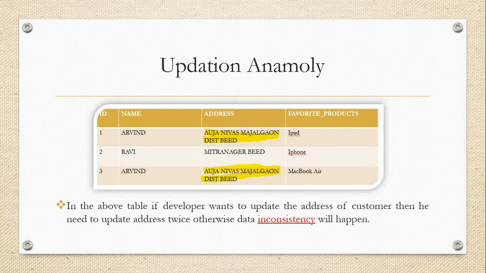Maybe the other data will be updated whose name is Arvind but whose last name is different. So when we update the data twice, data inconsistency may happen. That's why we need to learn about normalization.